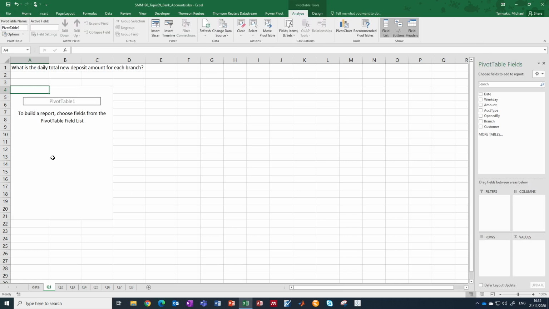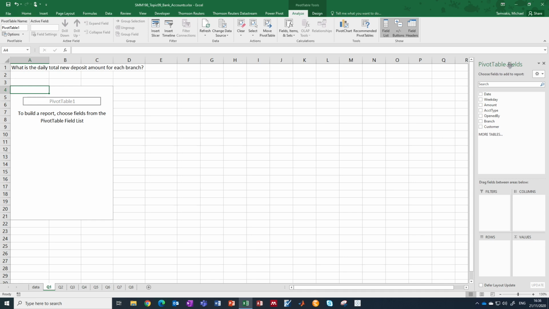So what I get is an empty area. By the way, you cannot delete any individual cell in this area. You have to highlight the entire area in order to delete anything. And this area, depending on what information Excel returns, will expand and contract automatically. So it will start from cell A4, but it will go further to the right and further down if it is necessary. Now, more importantly, right on the right hand side of your sheet, you will see a little pane